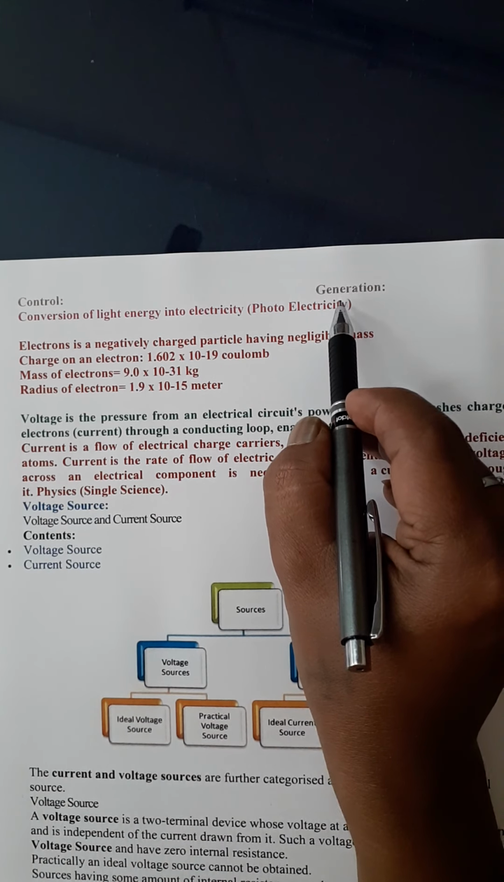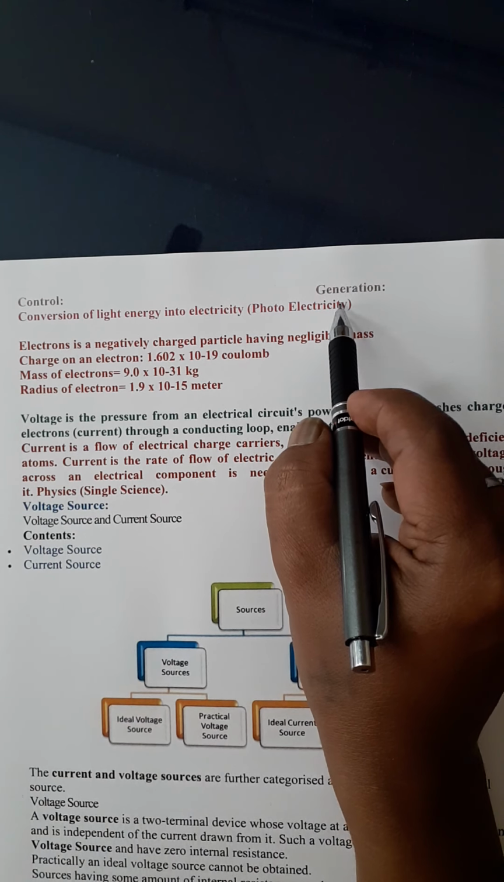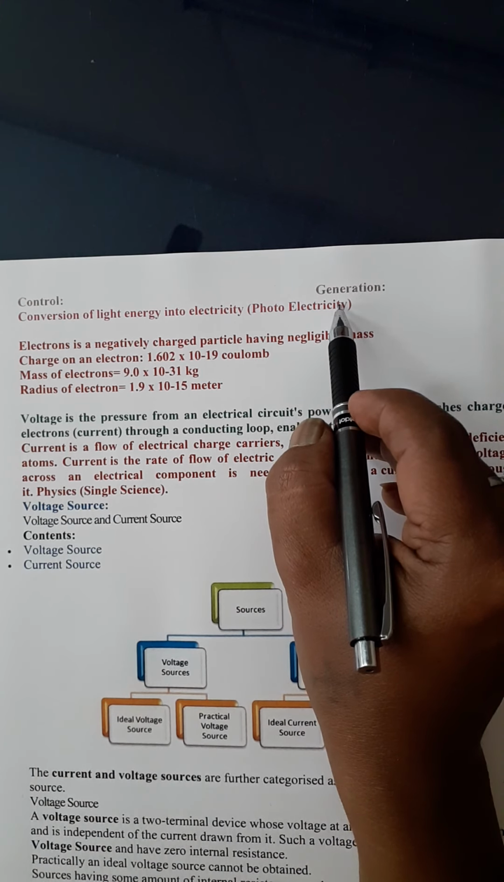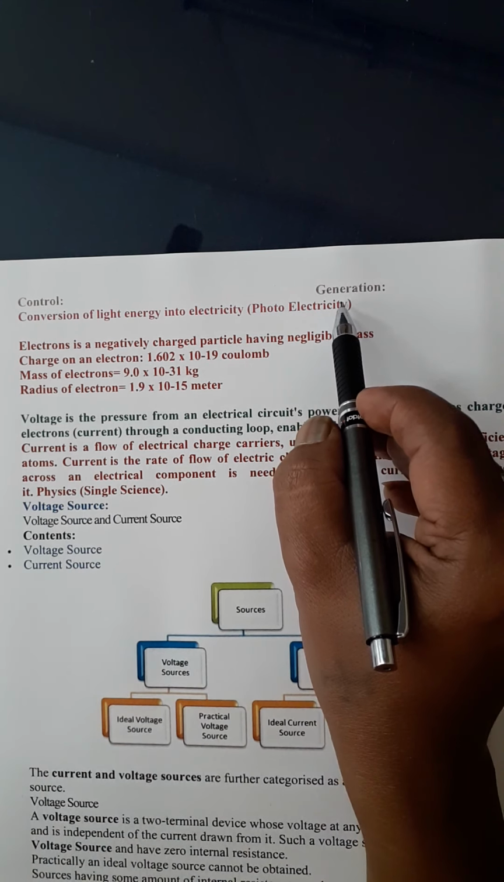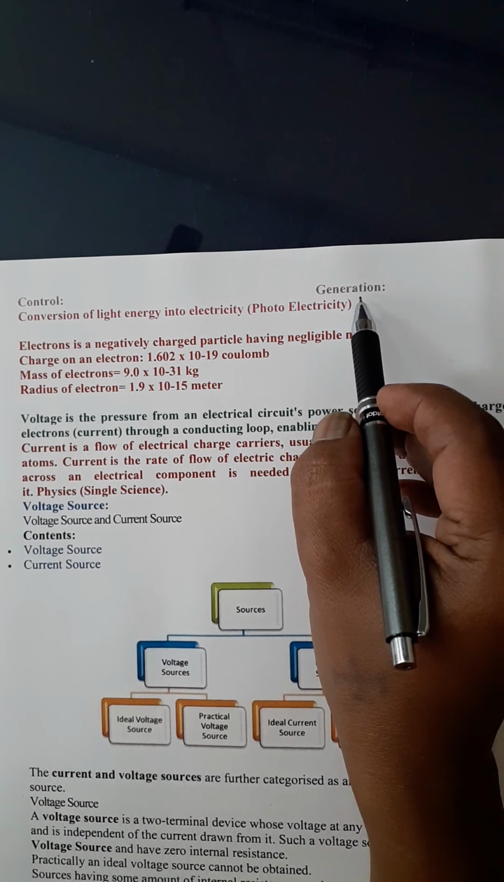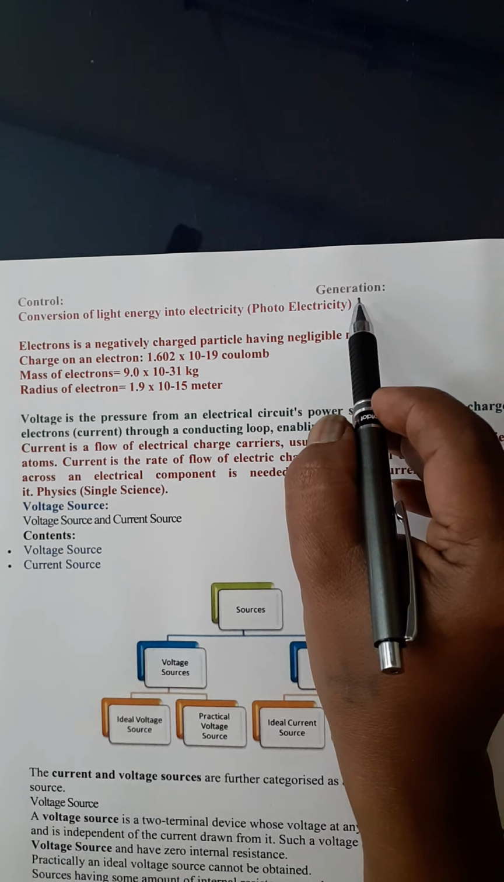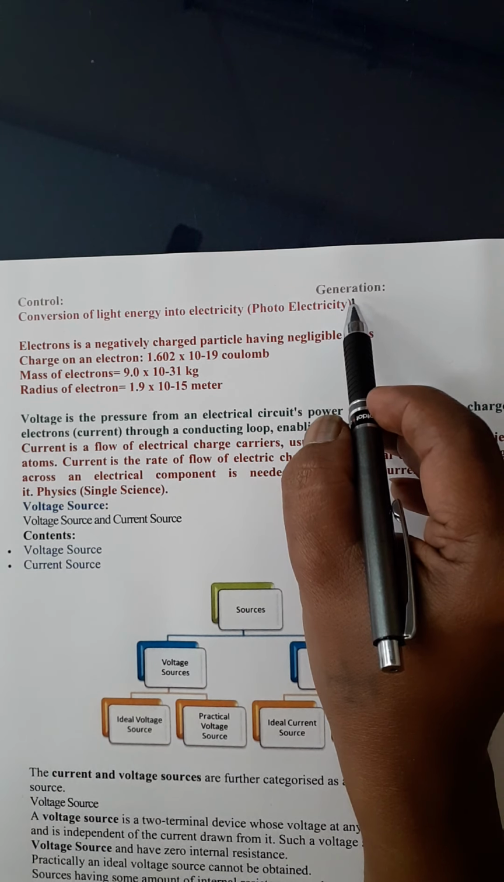Here, electronic devices can convert DC power into AC power of any frequency. When performing this function, they are known as oscillators. Oscillators. Next one, we can use the electronic circuits for conversion of light energy into